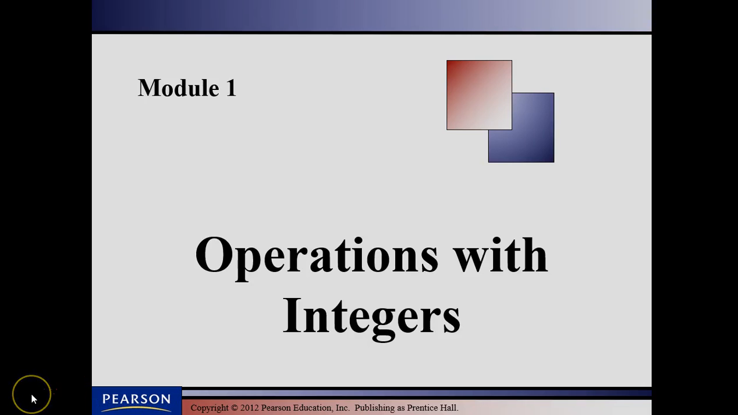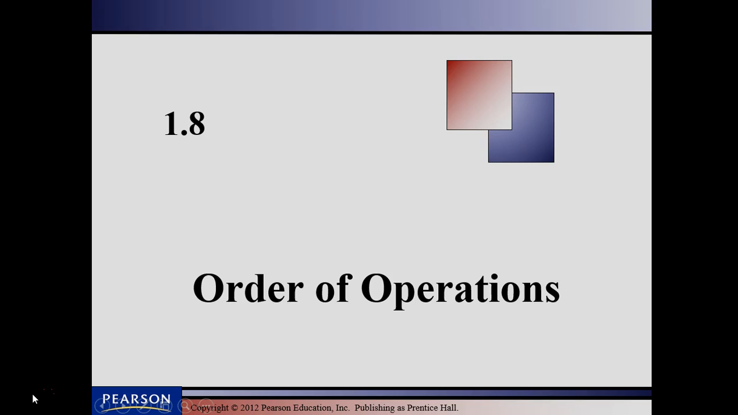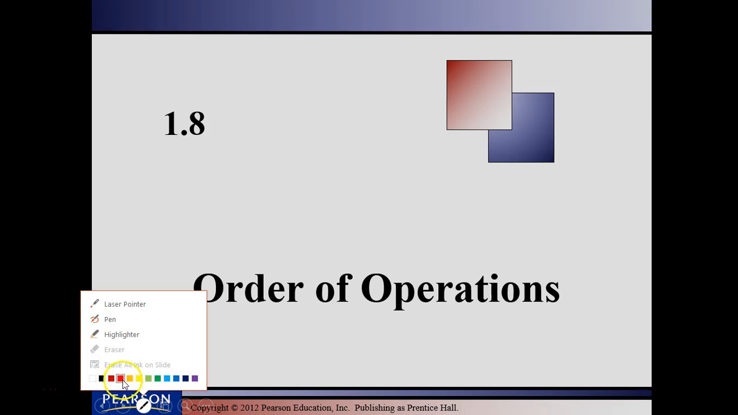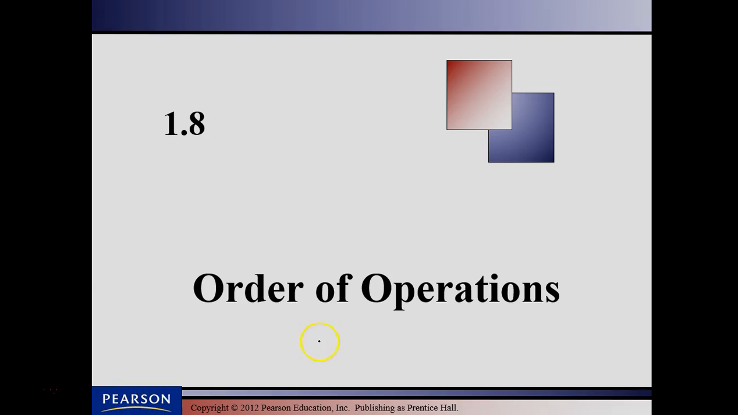Module 1, Operations with Integers. This is section 1.8, Order of Operations. When we have an expression that has several operations in it, we need to follow something called the order of